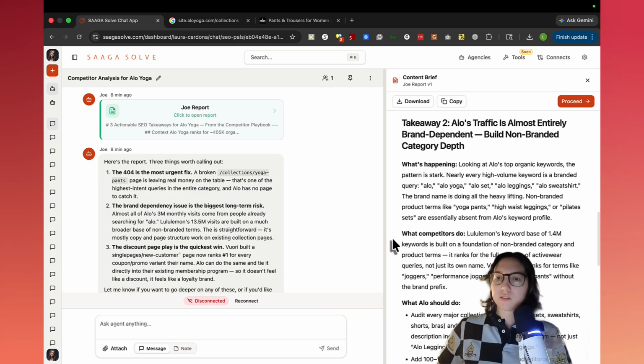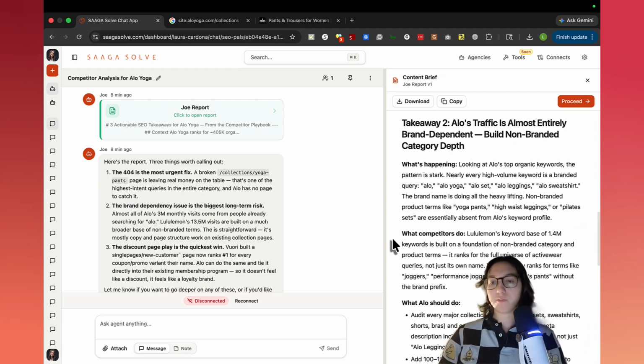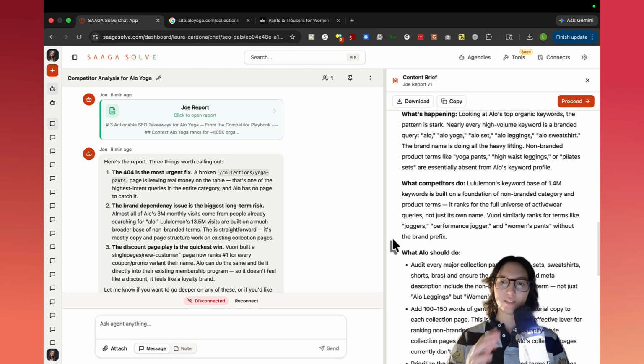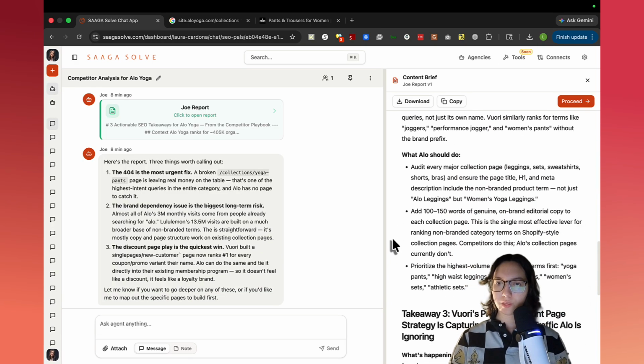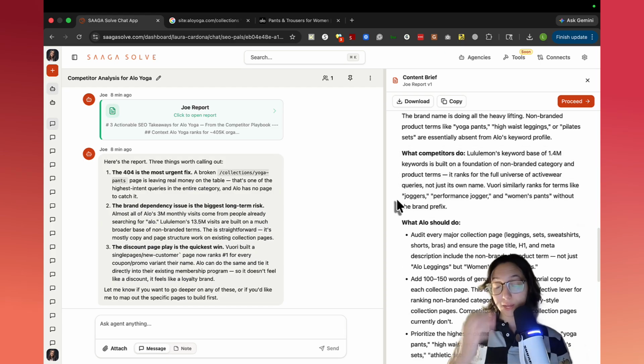Second thing is Alo's traffic is almost entirely brand dependent, so build non-branded category depth. Their top organic keywords obviously have Alo in them. That's what we mean when we say brand dependent. It's a branded keyword. And competitors are ranking for those generic queries in addition to the brand.